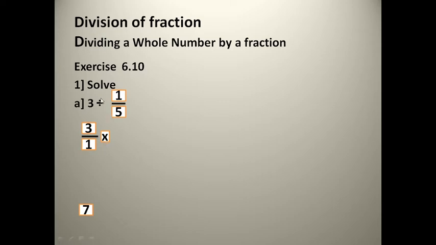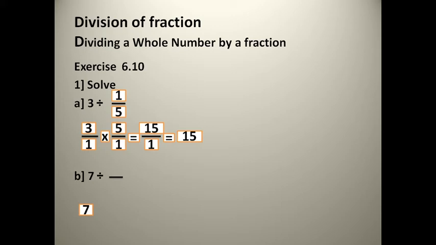Okay? If you change the division mark to multiplication sign, so what I will do, I should convert the denominator of this fraction. How? I will put the denominator up and numerator down. So the fraction will be 5 by 1. Okay? Now I will start multiply. 3 into 5, 15. And 1, so I can write 15 because any number by 1 it is same number.